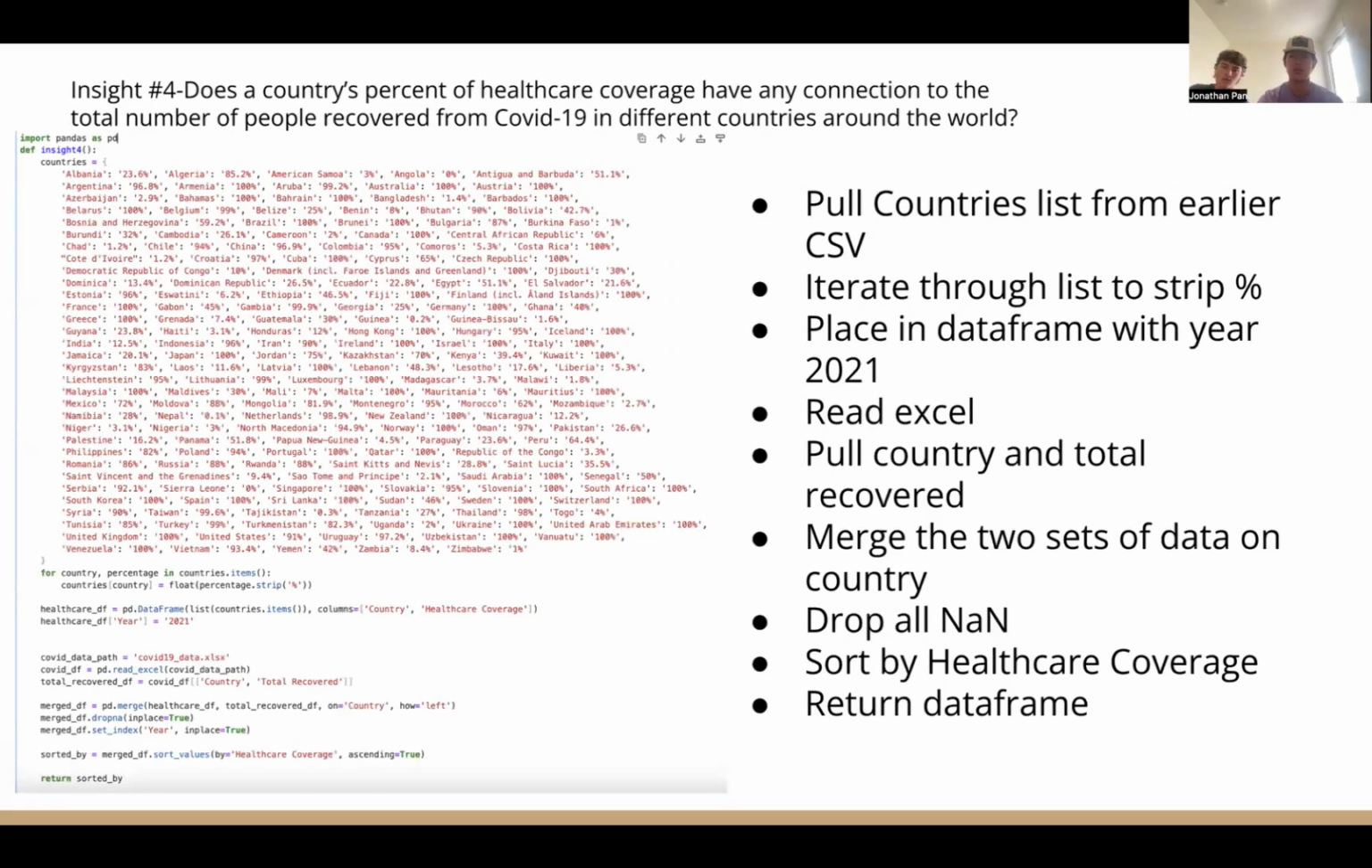So as a result, we pulled the country list from the earlier CSV, iterated through the list to strip the percentage, placed it in a data frame within the year 2021, read the Excel, pulled the country and total recovered, and then we merged the two sets of data on the country, dropped all NaNs, sorted by healthcare coverage, and then we returned our